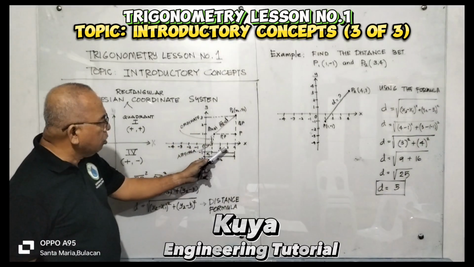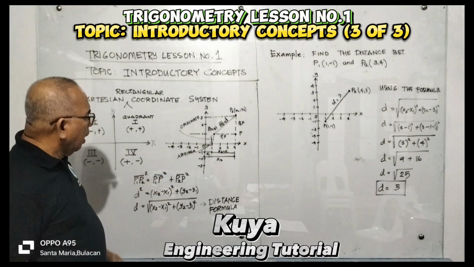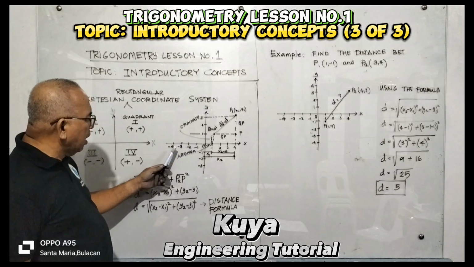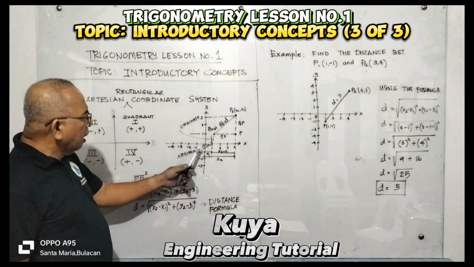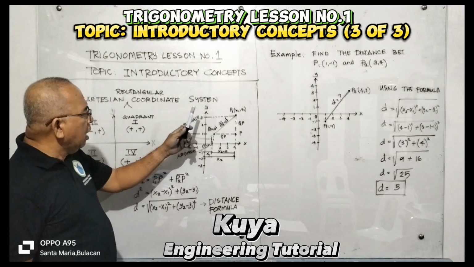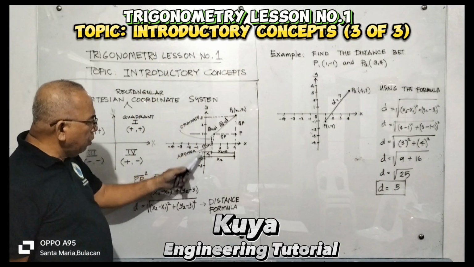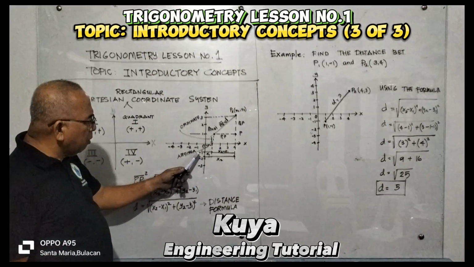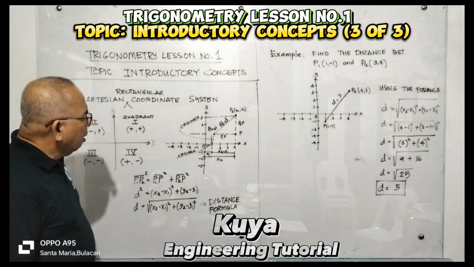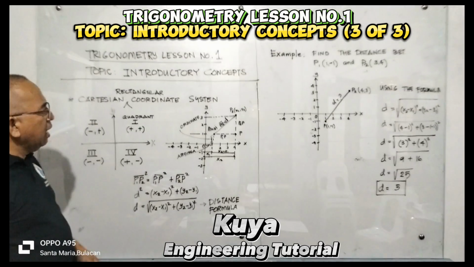So, sabi kanina, positive, positive, kaya dito, nandito na to, no? 0, 1, 2, 3, 4, no? And then, 0, negative 1, negative 2, negative 3, negative 4. Then, going up is positive 1, 2, 3, so on and so forth. And going down is negative 1, negative 2, negative 3. Okay, so to apply a certain